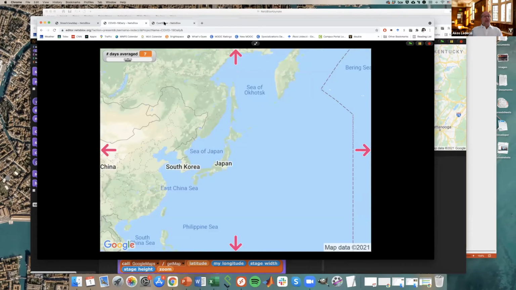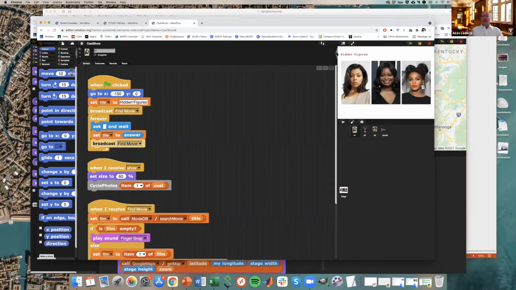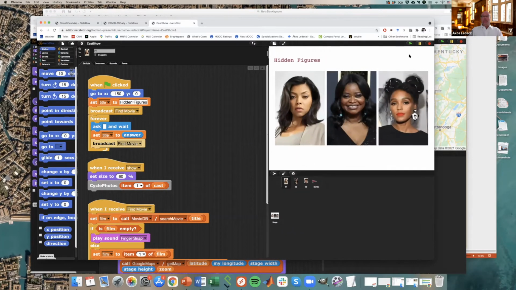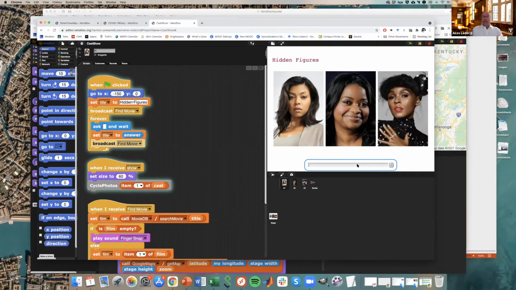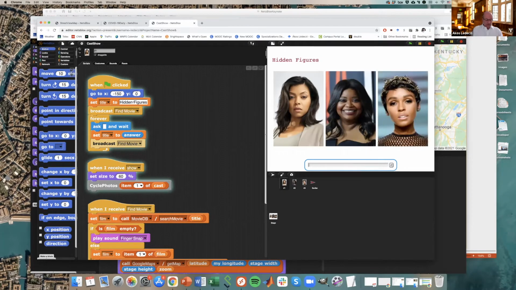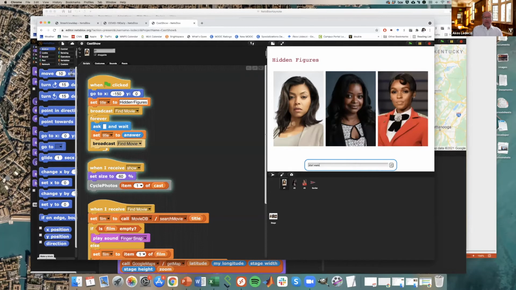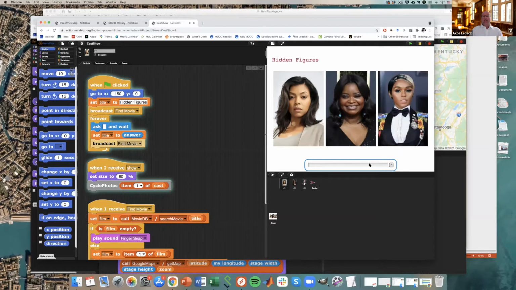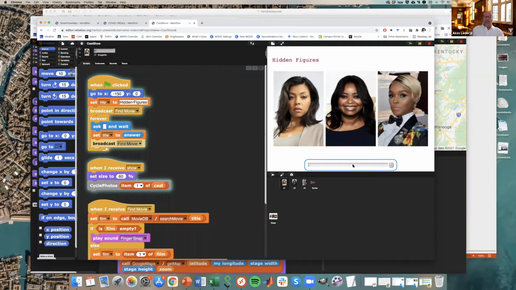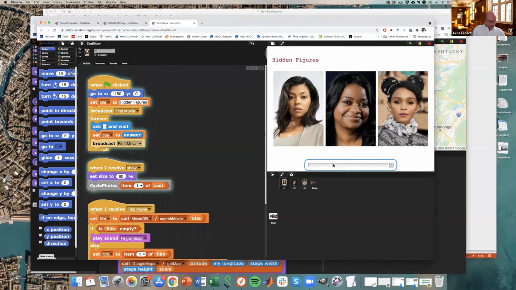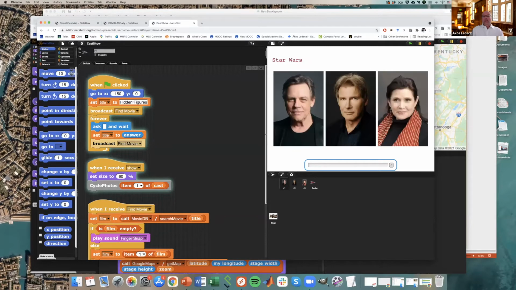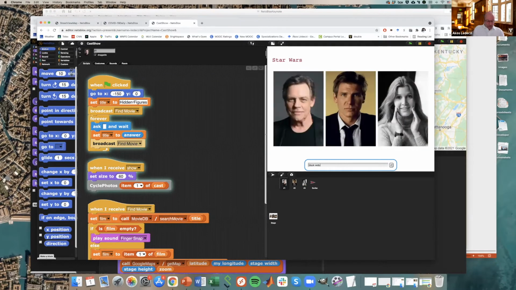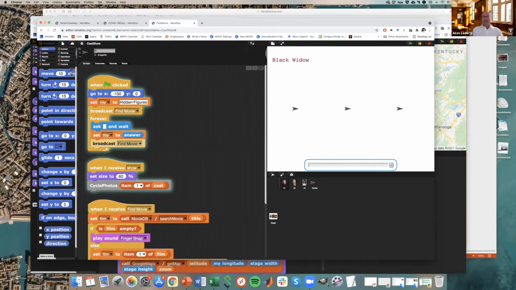All right, quick final RPC demo, just to show that you can do something different. Here, this one displays the leading actors of any movie. So if I type in a movie title like Star Wars, okay, here we go, or I don't know, Black Widow, just out.